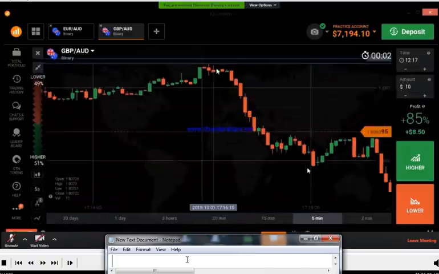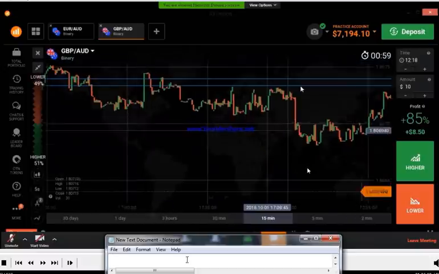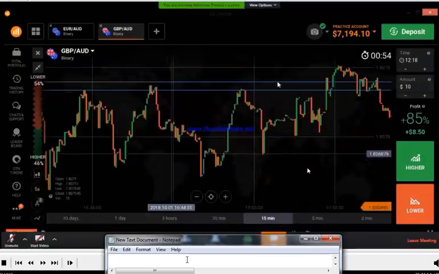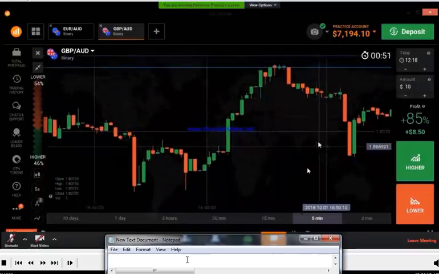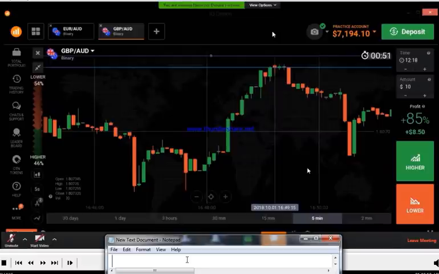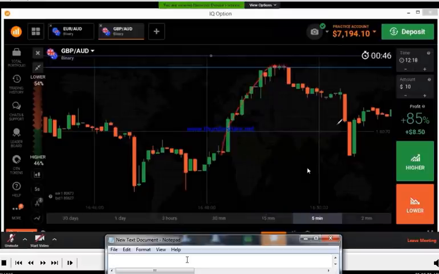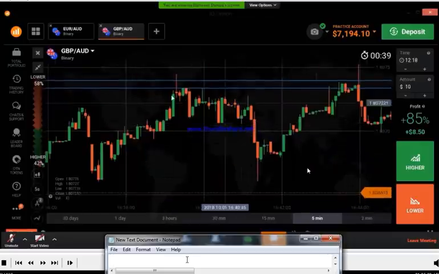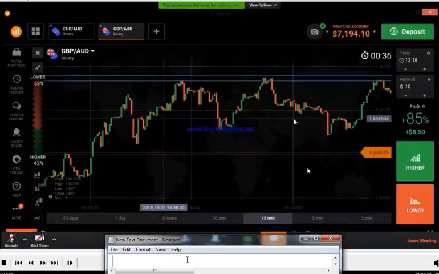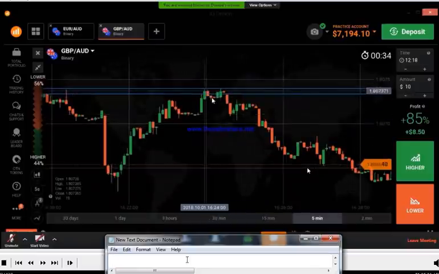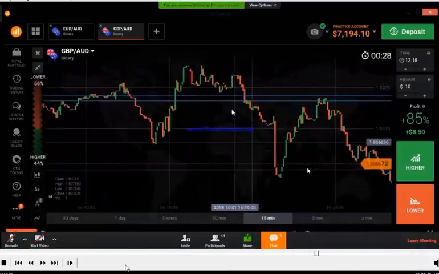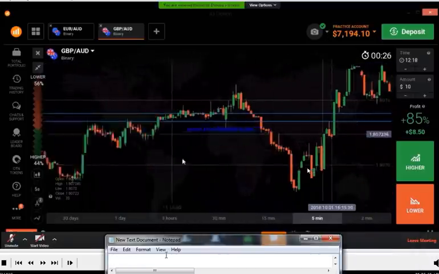So you can see the sellers' entry here. Okay, you can't take this, there is no sellers' entry. So you can see the sellers' entry from the level. You can see the market is taking a U-turn here, and you can see the sellers' entry. When the market hit this level, you can see the sellers' entry. This is a very small sellers' entry, but you can take this. Here there is no sellers' entry. It breaks this level.